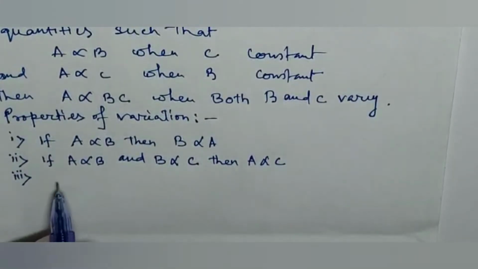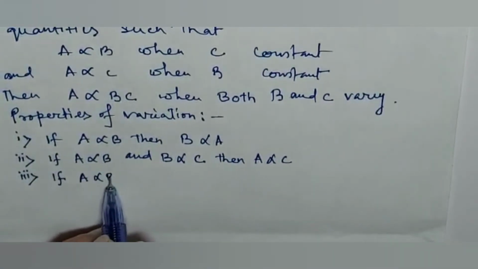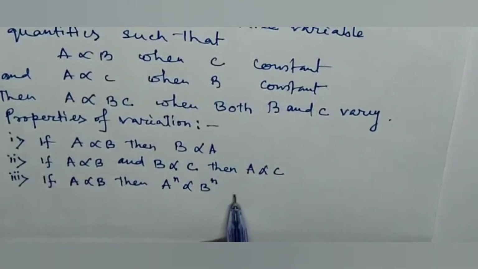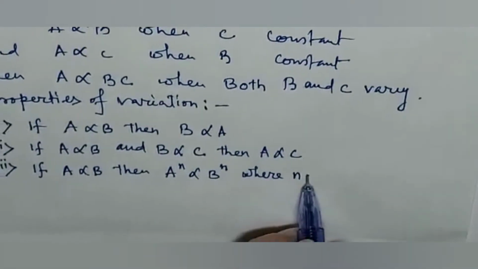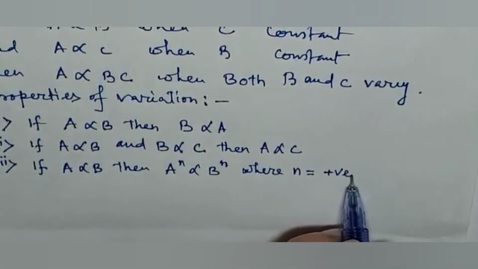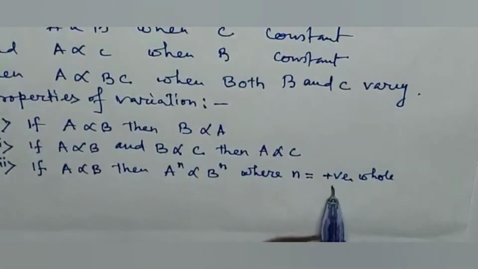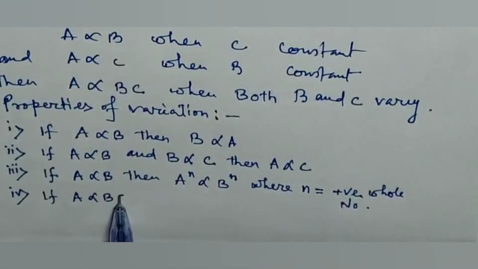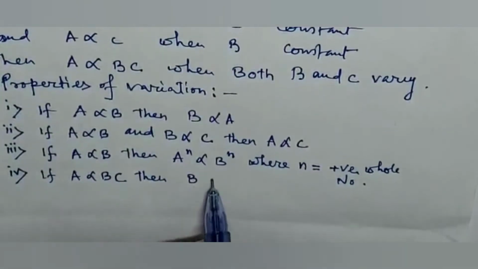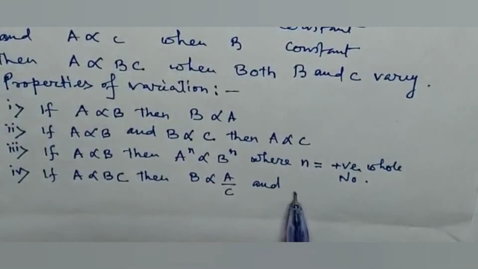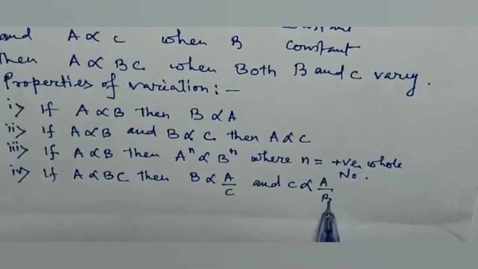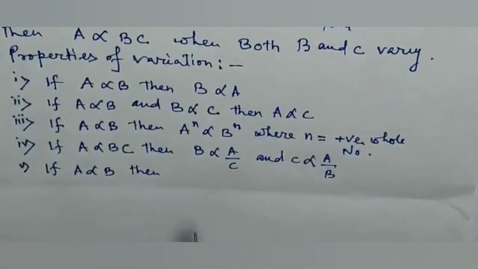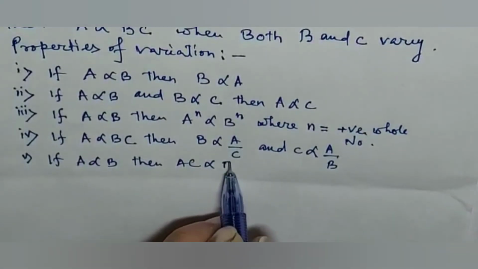Number 3, if A proportional to B, then A to the power n proportional to B to the power n, where n is a positive whole number. Number 4, if A proportional to BC, then B proportional to A by C and C proportional to A by B. Number 5, if A proportional to B, then AC proportional to BC,